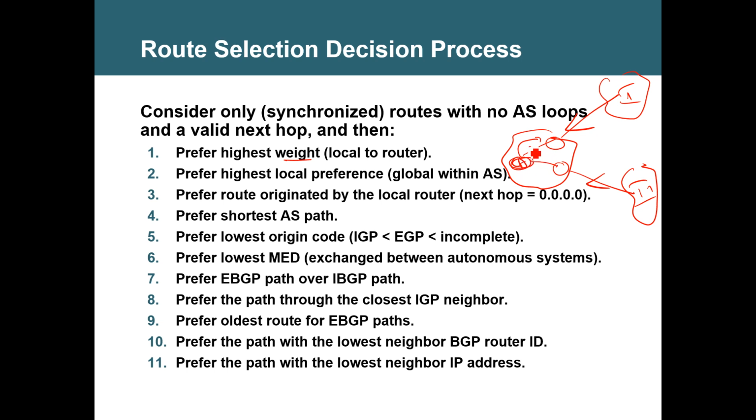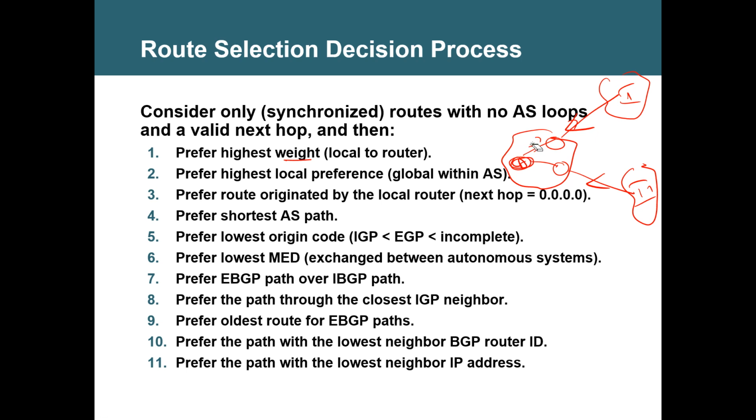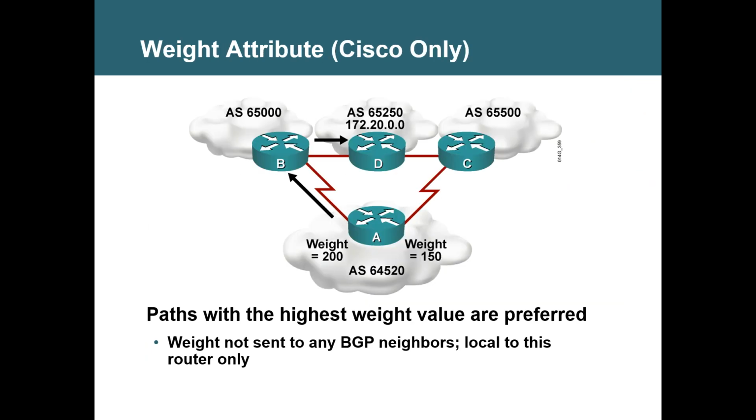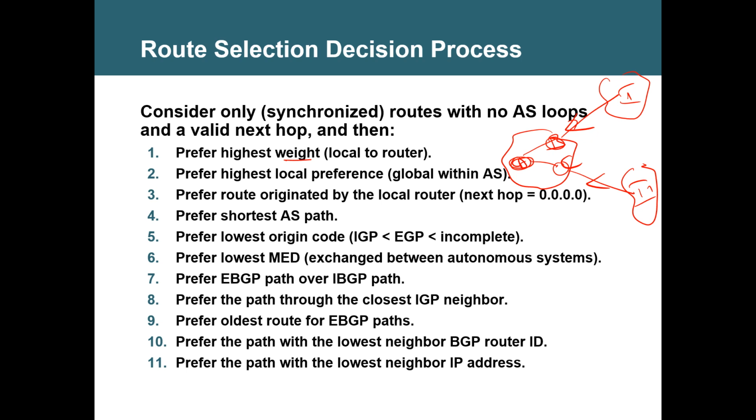Router A will try to go this way only, ISP1. If weight is not configured, you have a valid next hop, both the next hops are valid, going via B, going via C, both are valid next hops. And for both, weight is 0. What is the default weight? 0. We saw that, right? Oh, they didn't mention it here. The default weight is 0.